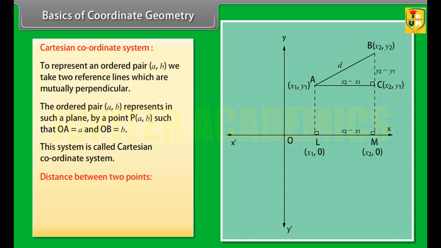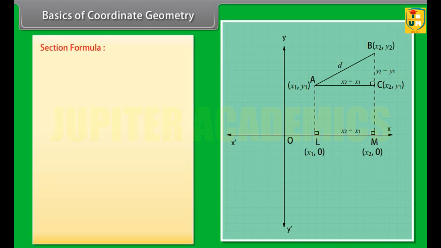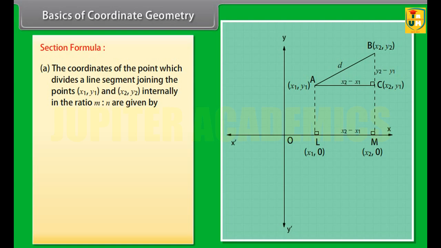Distance between 2 points. The distance between 2 points A(x1, y1) and B(x2, y2), length AB, is equal to square root of (x2 minus x1) square plus (y2 minus y1) square. Section formula. The coordinates of the point which divides a line segment joining the points (x1, y1) and (x2, y2) internally in the ratio m:n are given by